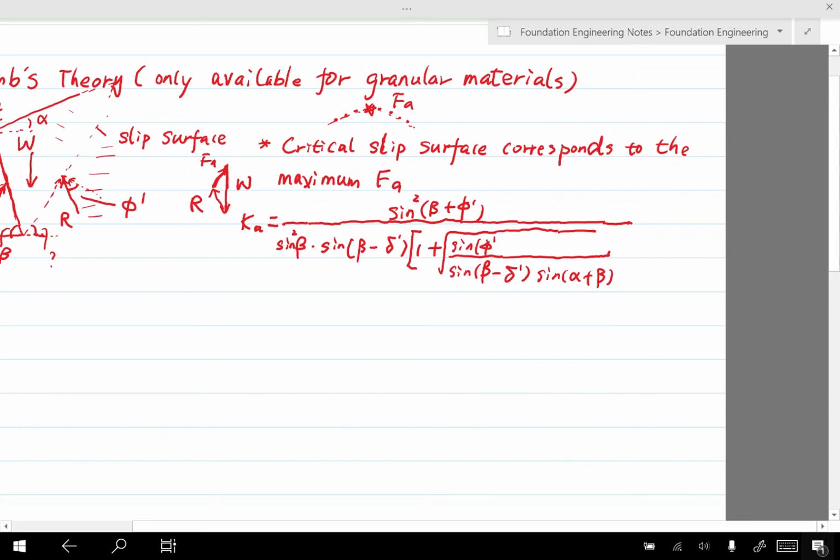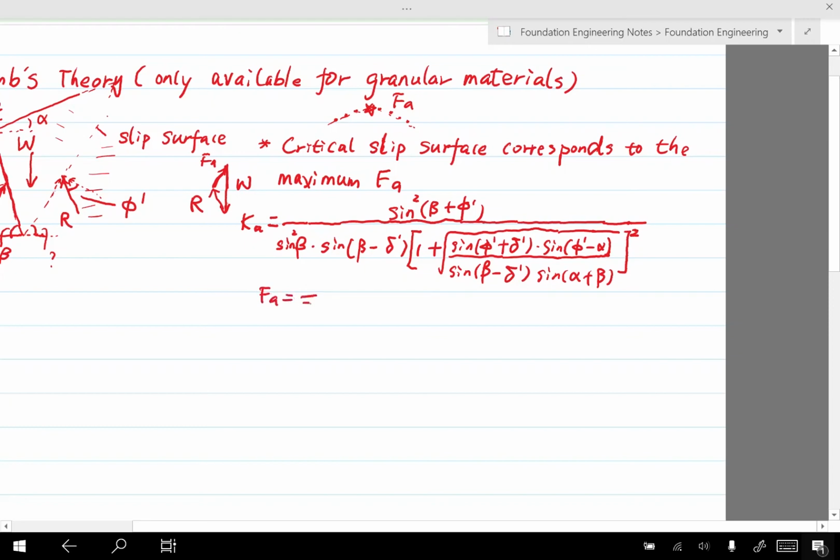So please pay attention to the signs and the powers. We also have alpha here. Alpha, that's the backfill inclination. Then the thing inside the brackets to the power of 2. And FA